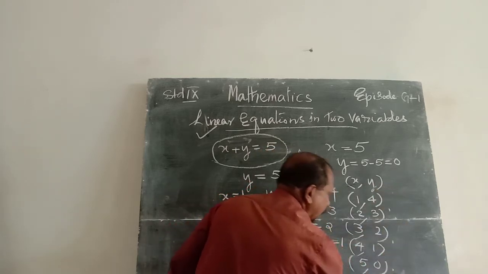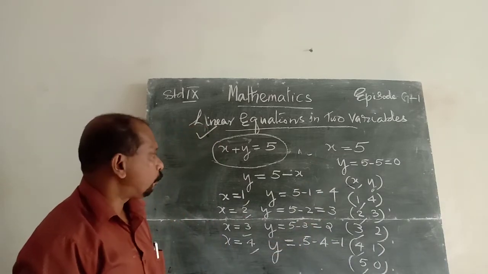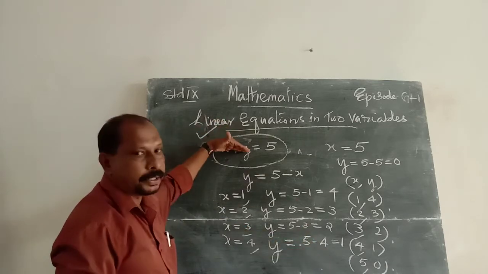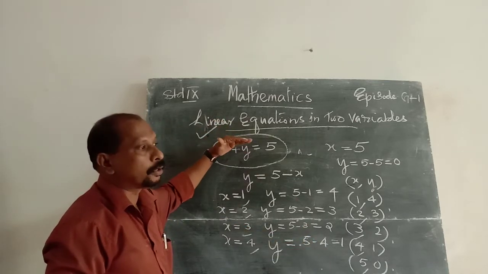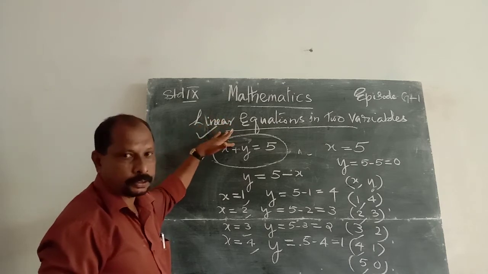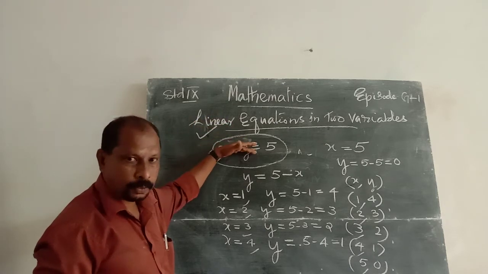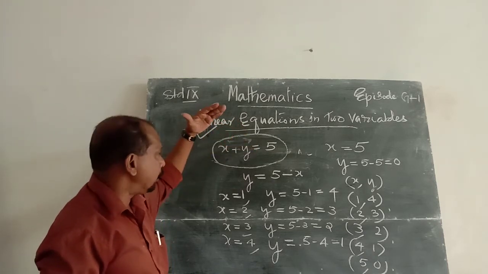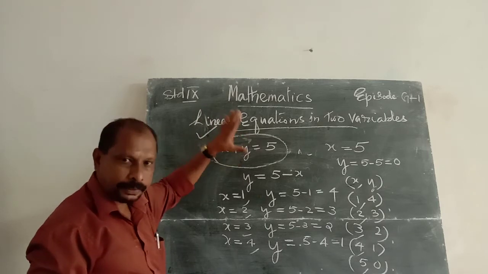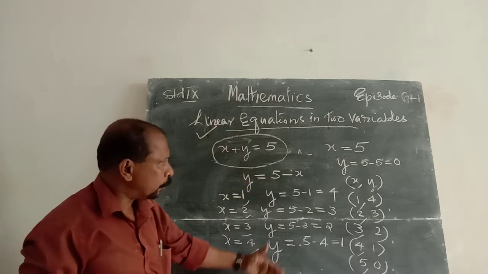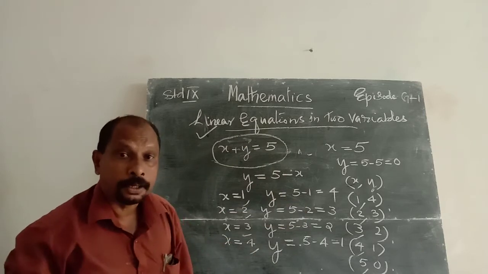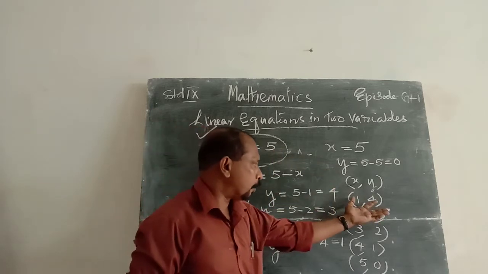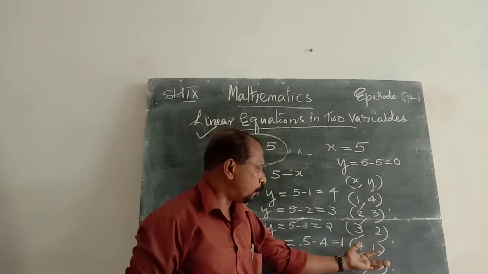There are several ordered pairs for that equation. These ordered pairs satisfy the given equation. Therefore, there is only one linear equation in two variables x and y. The powers are equal to 1, therefore they are known as linear equations. Only one equation is given, and there are several solutions. The solutions are the points. That means, for example, in this expression, the solutions are 1, 4, 2, 3, 3, 2, 4, 1, 5, 0,